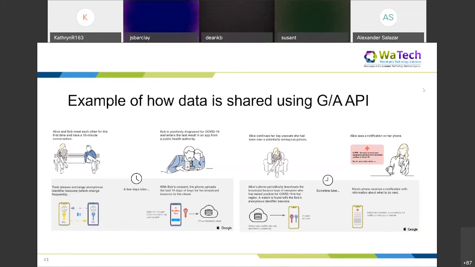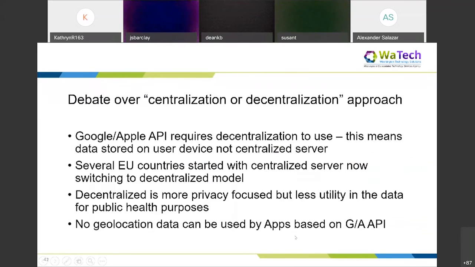So if you could go to the next slide, Angela. So Katie, are you seeing me on the current slide deck? Yes. Are you seeing that I'm on the current slide deck?